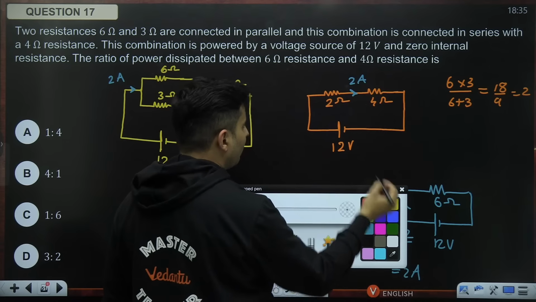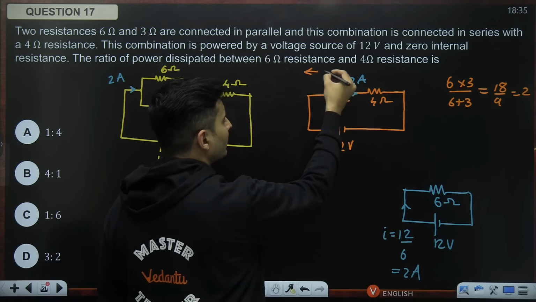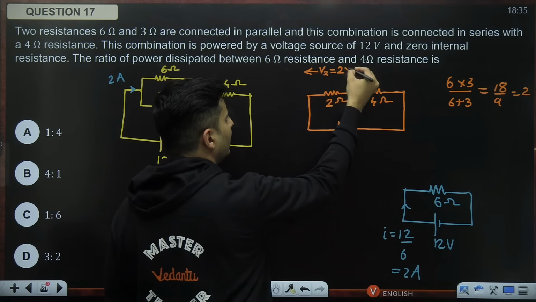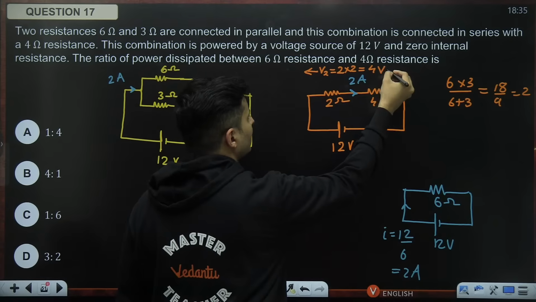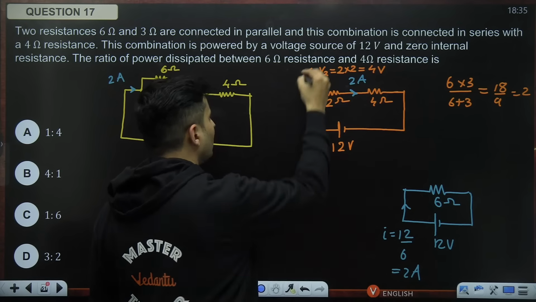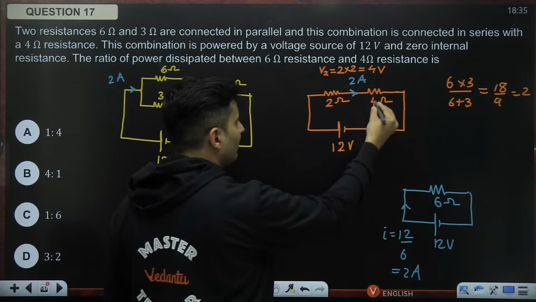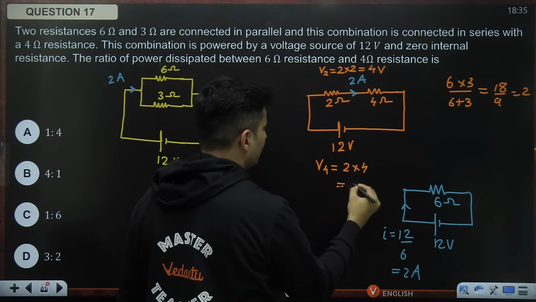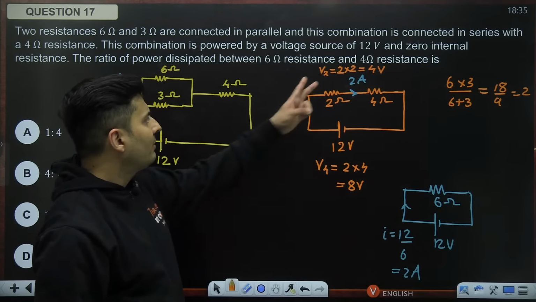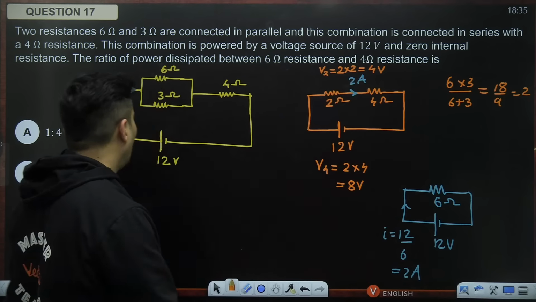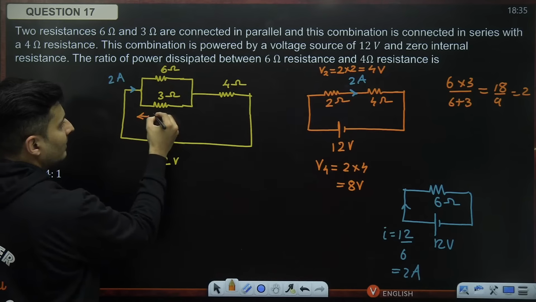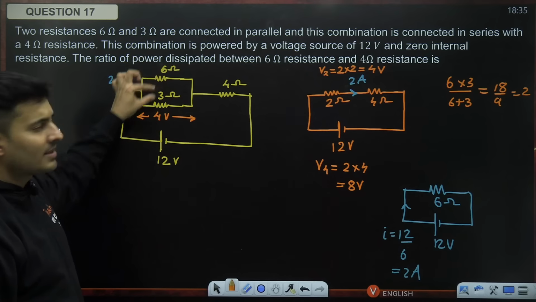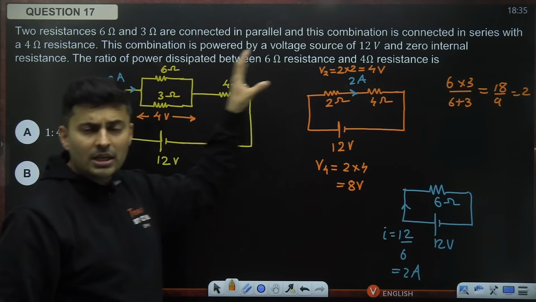What will be the voltage across 2 ohms? The voltage across 2 ohms will be current into resistance, which will be 4 volts. And what will be the voltage across 4 ohms? That will be current into resistance, which is basically 8 volts. Now, whatever voltage is there across 2 ohms will also be across 6 ohms. So this will obviously be 4 volts, whether it is 3 or 6, they are in parallel, same voltage in parallel